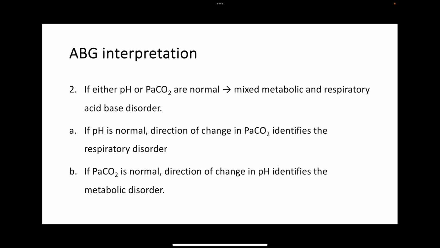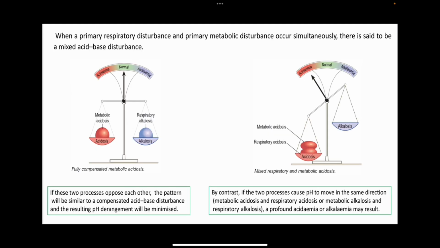The second step is to see if either pH or PaCO2 are normal. Then it indicates a mixed metabolic and respiratory acid-base disorder. If the pH is normal, the direction of change of PaCO2 identifies the respiratory disorder. If PaCO2 is normal, the direction of change in pH identifies the metabolic disorder. Now, when a primary respiratory disturbance and primary metabolic disturbance occur simultaneously, it is said to be a mixed acid-base